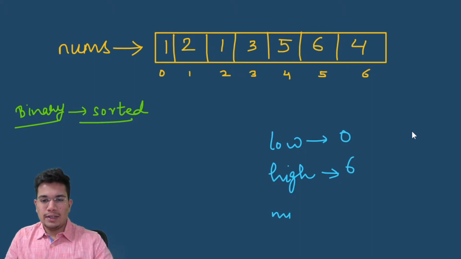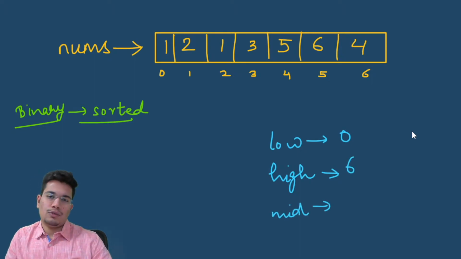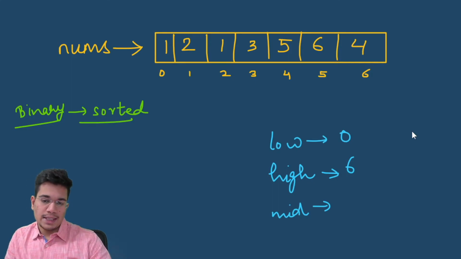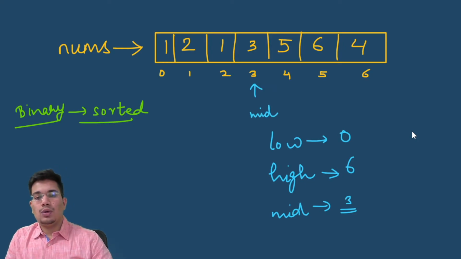And after that, we'll again find the mid pointer. This is the similar pattern of normal binary search. Mid will be given by low plus high over 2, which is 6 over 2, which is 3. And so the index of mid currently is this one. This is where my mid pointer points at. Now, at every new iteration of mid, I will check my current value at mid index. So my value at mid is 3.